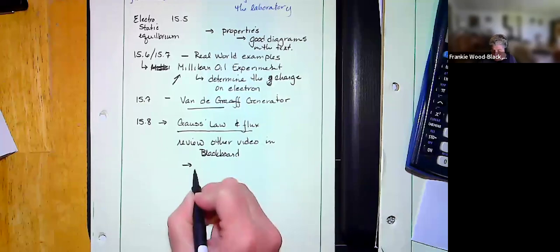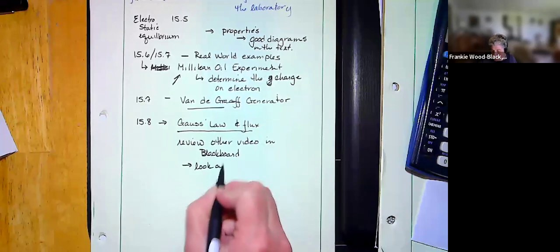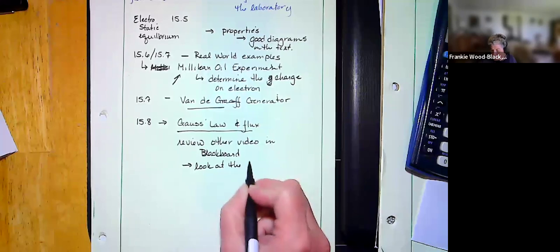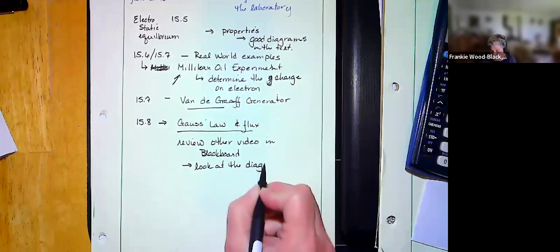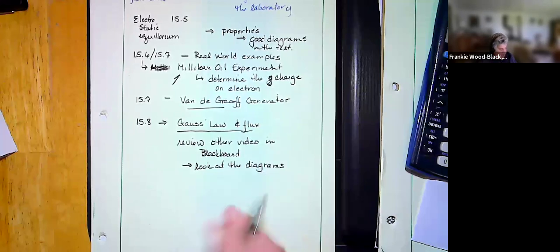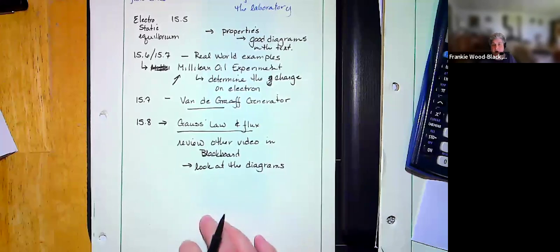Look at the diagrams. And there are some GIFs that are out there that are very helpful. And I do have those links in Blackboard to those GIFs that give you a nice visual picture